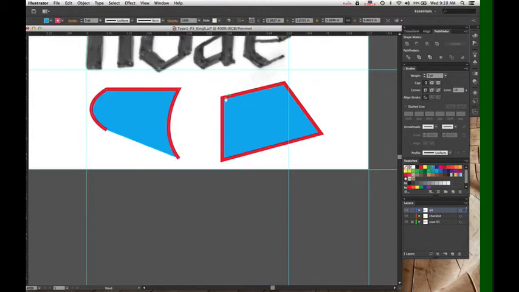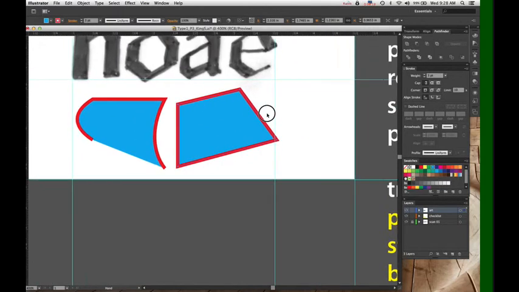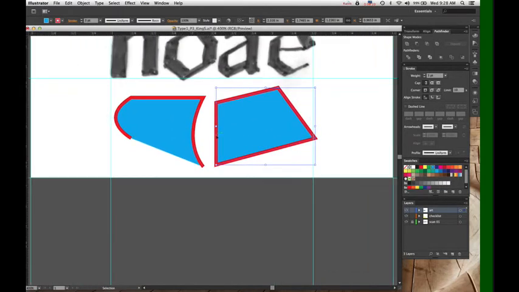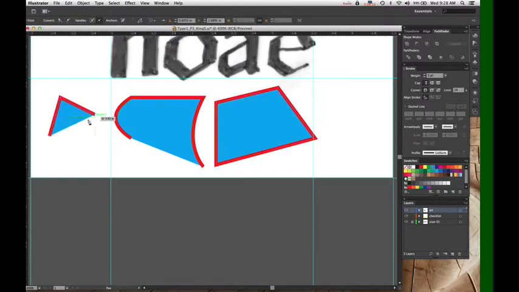There are two ways to draw with curves. One is like I just showed you, where you draw straight lines and then you convert the curves. The other is a little hard to explain what I'm doing. If I just click and click and click, it connects the dots, okay?